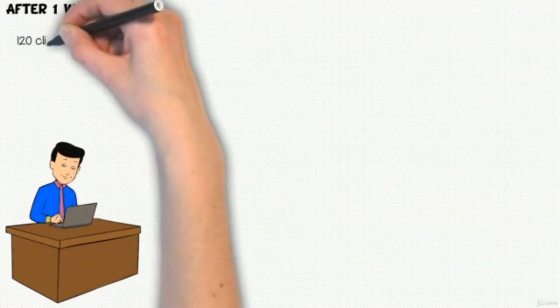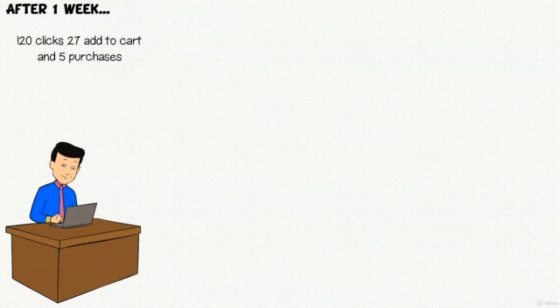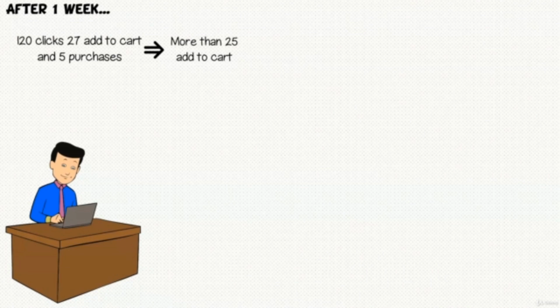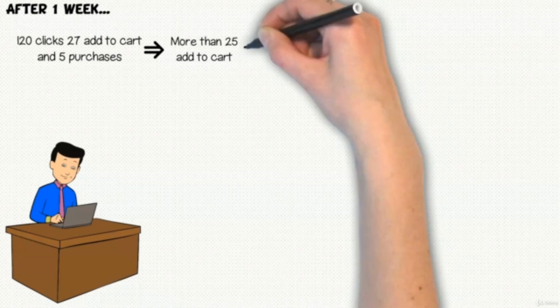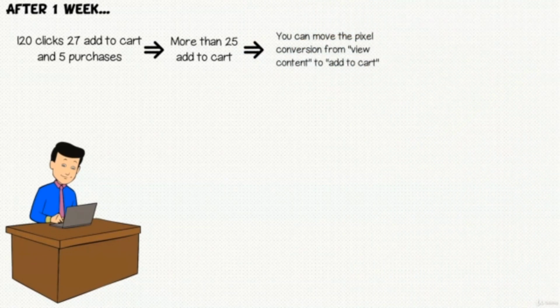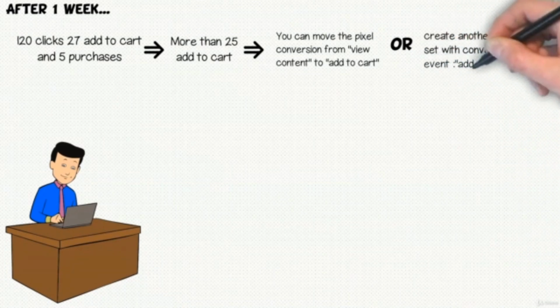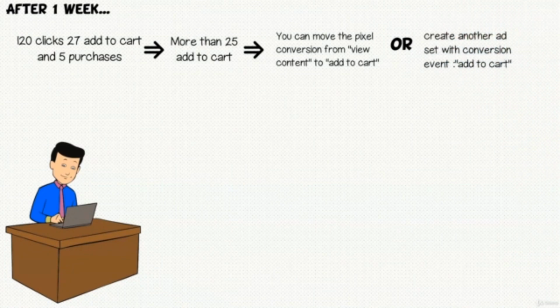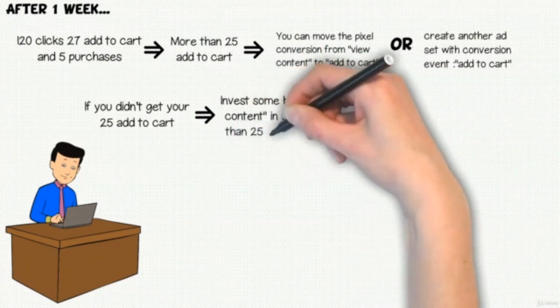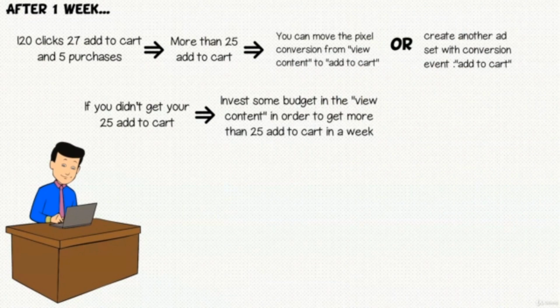Let's say after 1 week you have 120 clicks, 27 add to carts and 5 purchases. Now you can see that you had more than 25 add to cart. This means now you can move the pixel conversion from view content to add to cart, or create another ad set with the conversion event as add to cart. If you didn't get your 25 add to cart, you should still invest some budget in the view content in order to get more than 25 add to cart in a week,